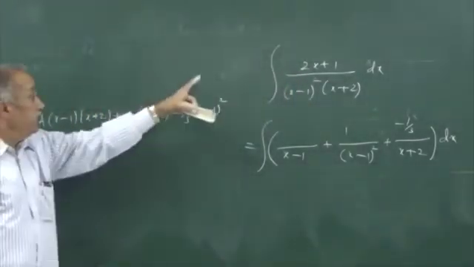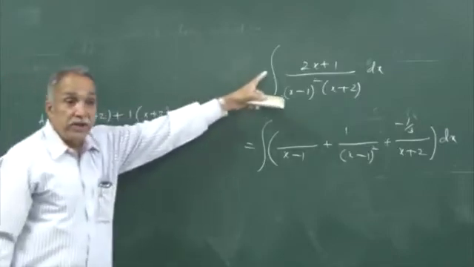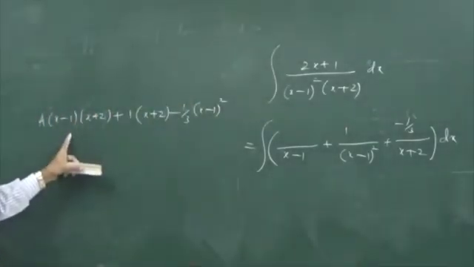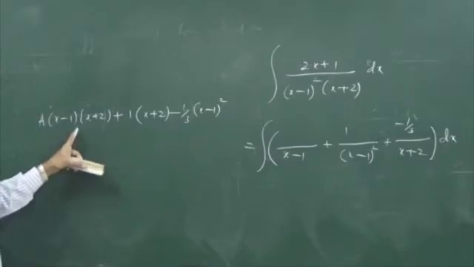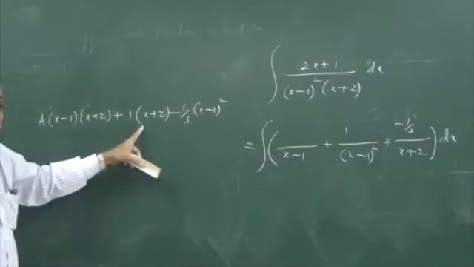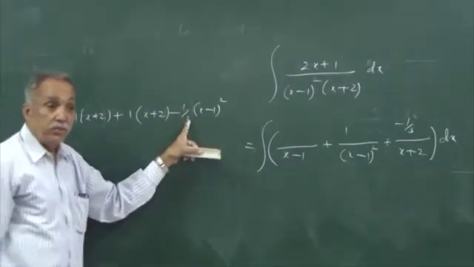I want in both these x square coefficient to be 0. There is no x square term here. X square coefficient is 0. Here also x square coefficient must be 0. But what is the x square coefficient here? It is a, no x square term, minus 1 by 3. A minus 1 by 3 is 0 means